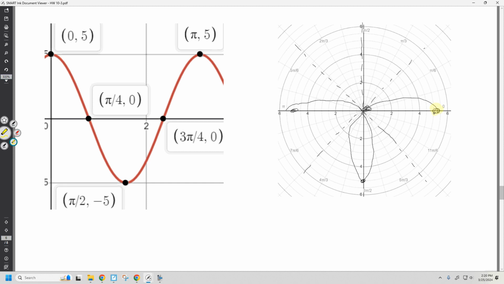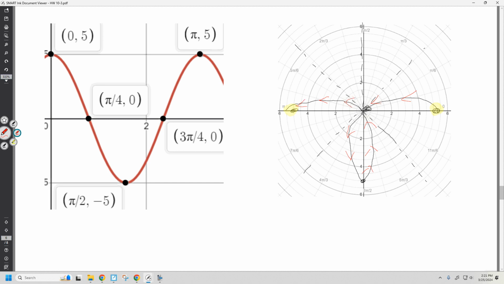Start here, end here. We travel this way, and we actually cross over ourselves as we're moving along. On the original graph, well, guess what? If we kept going